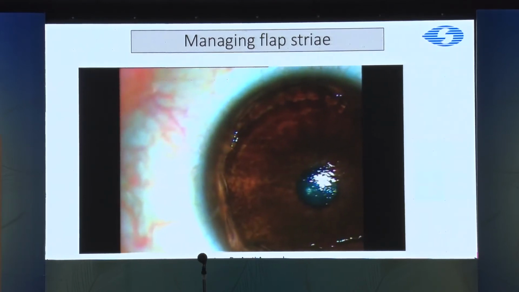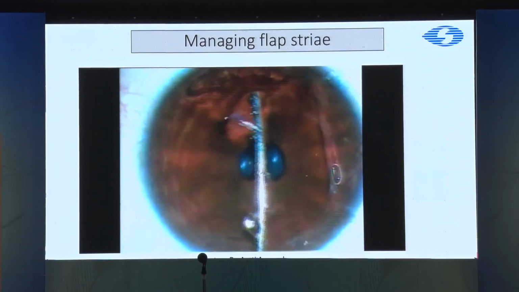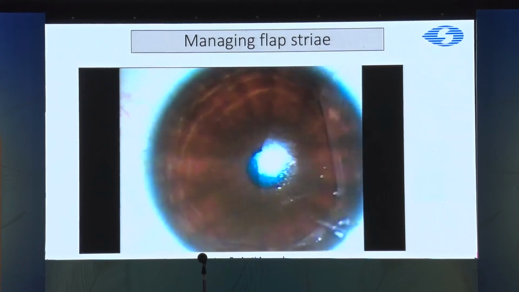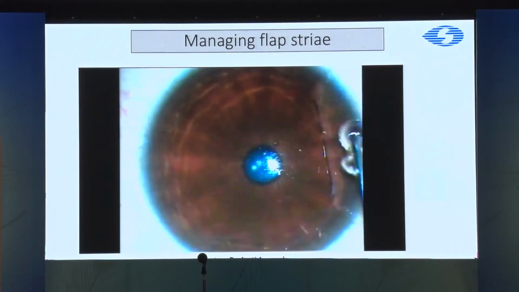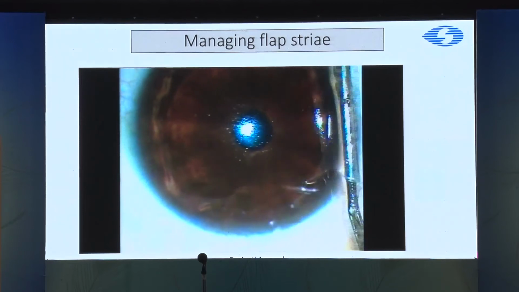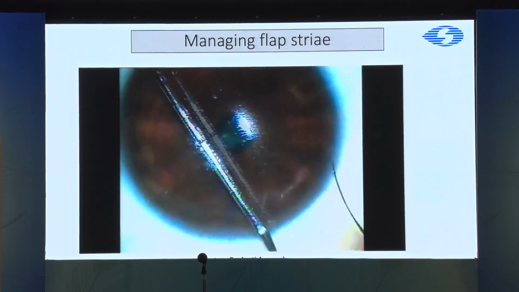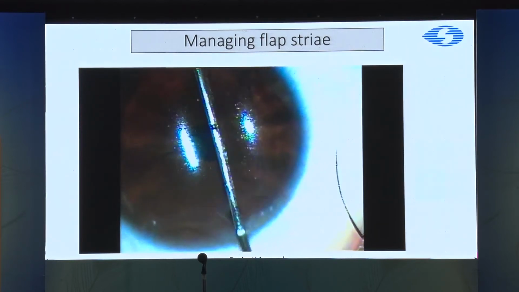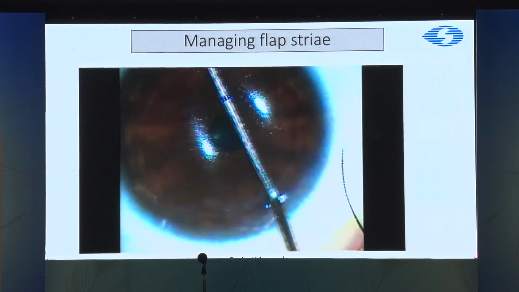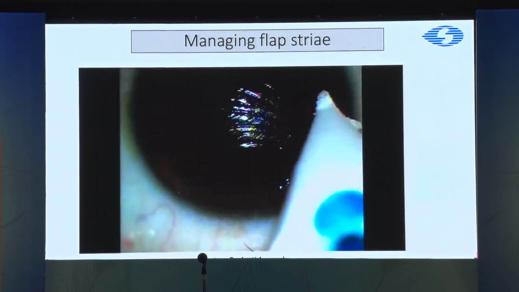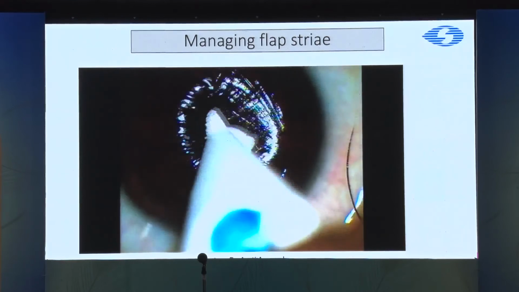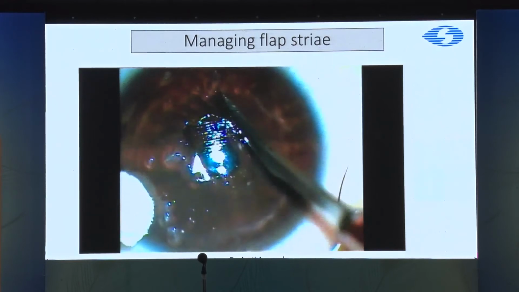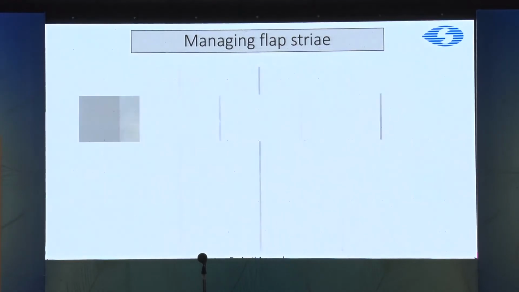And again, here you would want to remove all the epithelium that is on the bed, which has grown in because the flap has moved away from its position. The gutter would be infiltrated by epithelium. So first you remove that, do a thorough wash, make sure that there are no epithelial cells underneath. Then here we first attempted to reduce the flap striae without removing the epithelium, but then subsequently realized that they're going to be quite tightly anchored, and then removed the epithelium and did the reposition of the flap after that, after floating it with BSS.